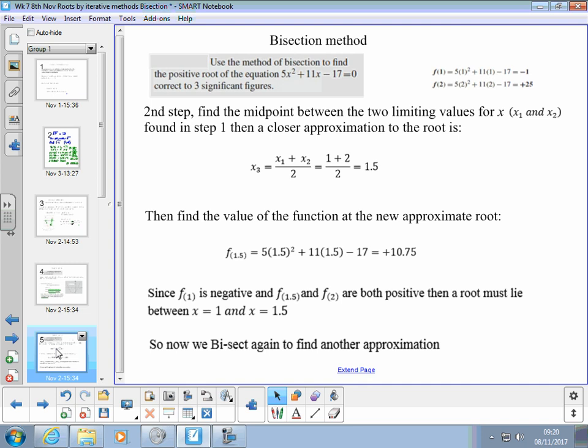So that's the first between the two limit values. Equal to 2. So formally, we find